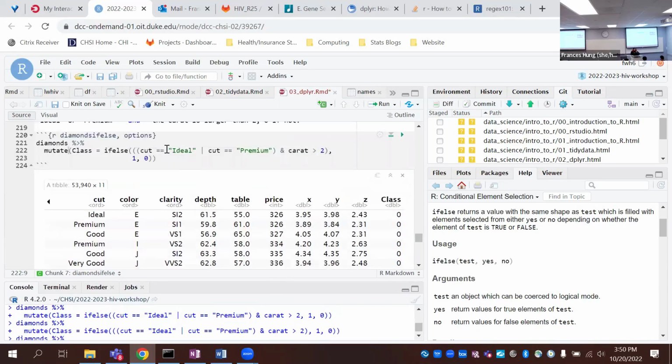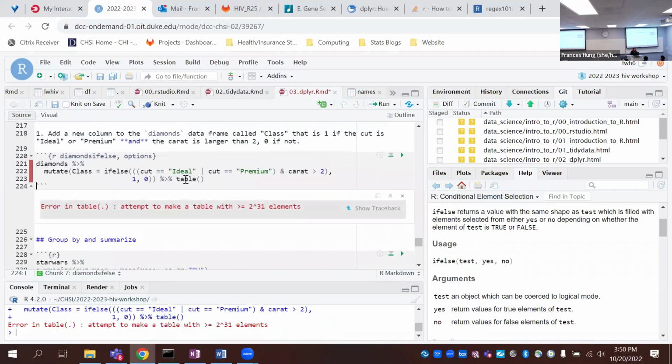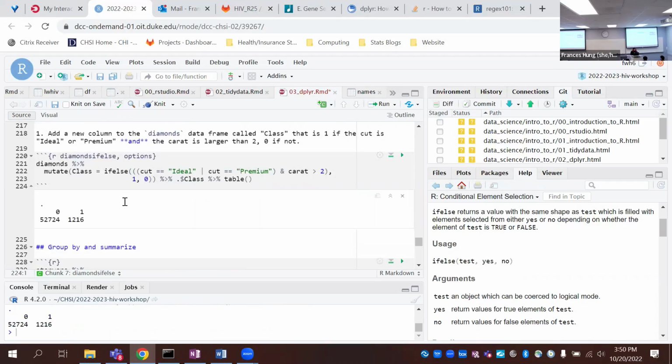You're not actually taking them out, you're not selecting, so they should still be there, but 0. Let me make sure I have both 1 and 0 classes. Okay, great. We have about 1,200 class 1s and a lot of class 0s.